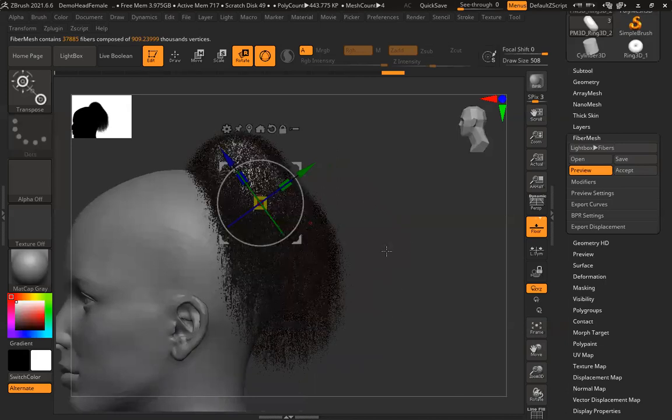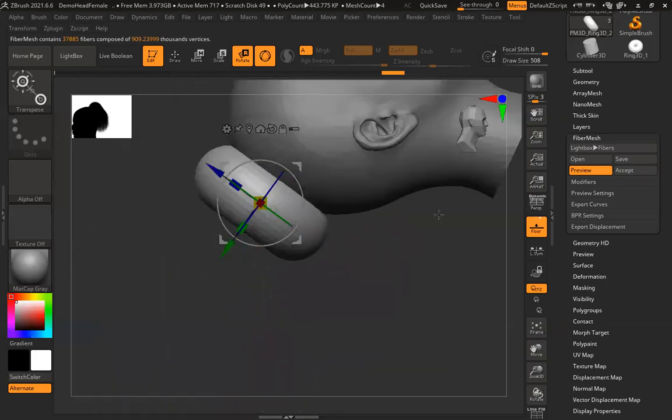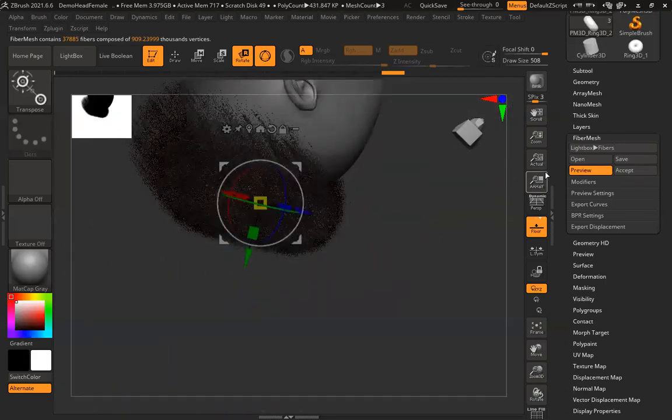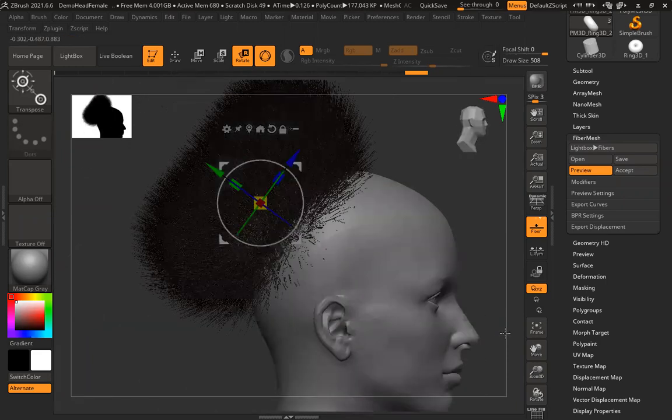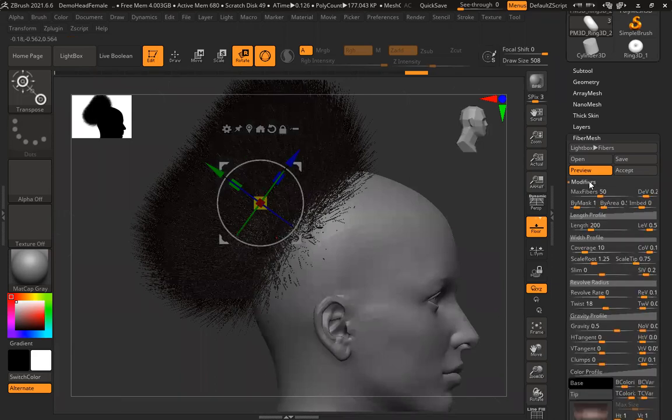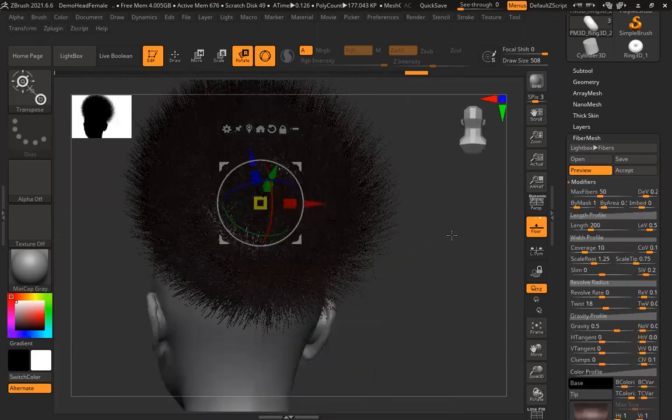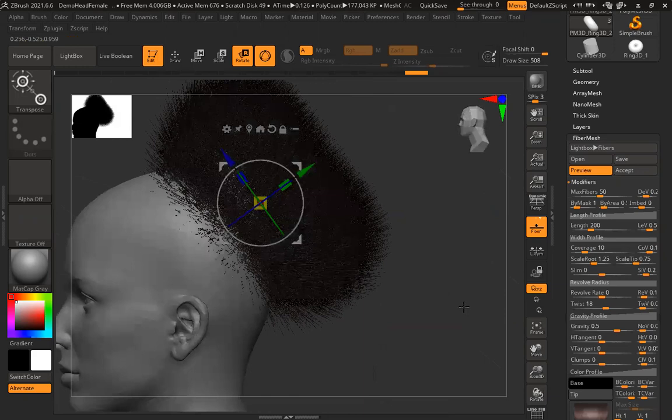Suppose I want to use this one. First I'll change the direction. TV switch off, preview again. This preview is based on the screen space, so whichever direction is the screen, the bottom side is always gravity. Based on that, it generates here. We can manipulate that directly under modifier, but this makes things a little easier.